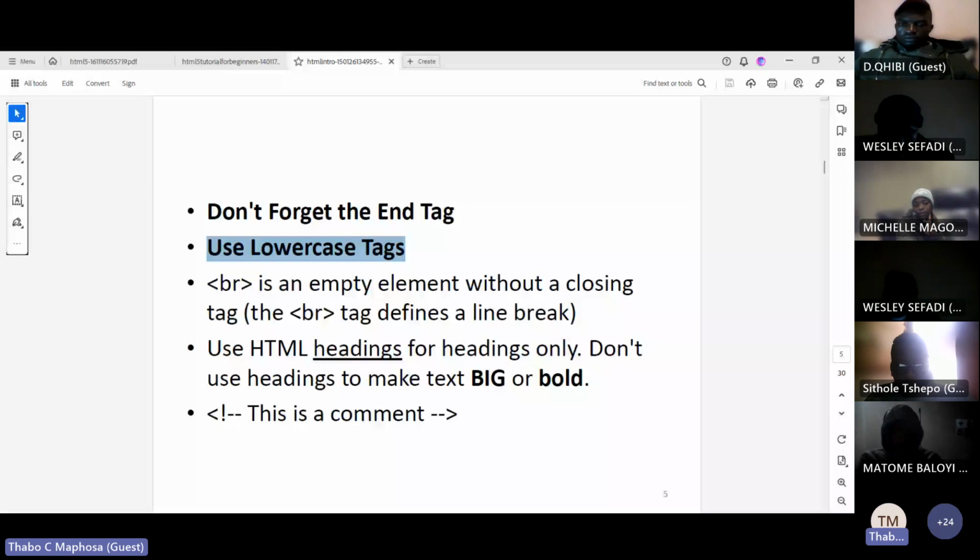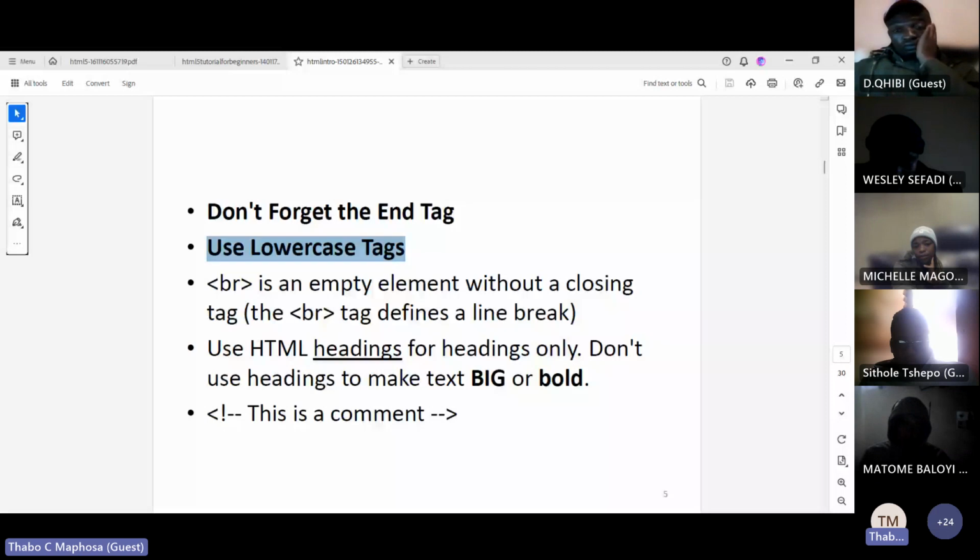So writing in the wrong case will give you a problem. So make sure that the case that you used is the acceptable case. And HTML is small case through and through. But the text that you write inside, as I said, it's fine. There's no problem with the text that you write.